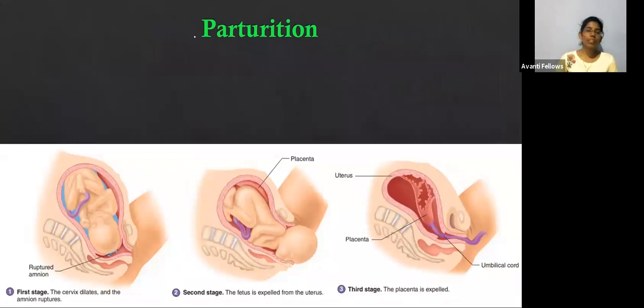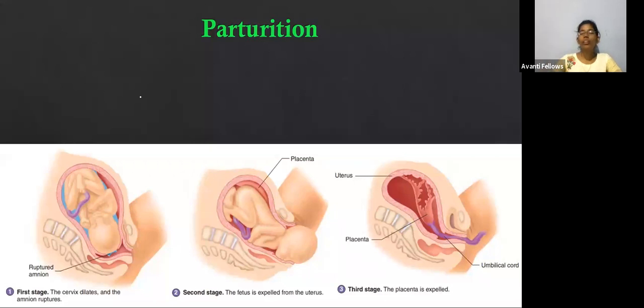Okay, here you can observe the baby's head is coming out first. One more thing, here you can see the placenta. Cesarean is a little harmful, ma'am. Yes, maybe, because the mother has to take care of herself a lot if she has gone through a cesarean. But yes, nowadays cesareans are happening more and more instead of the normal delivery or normal parturition, right? So along with the baby, the placenta and the umbilical cord will also come out.